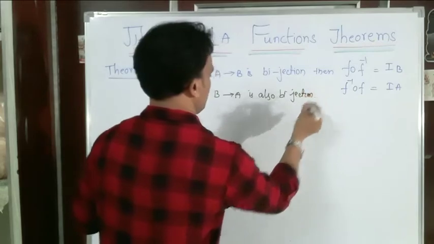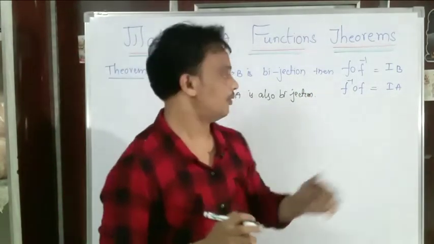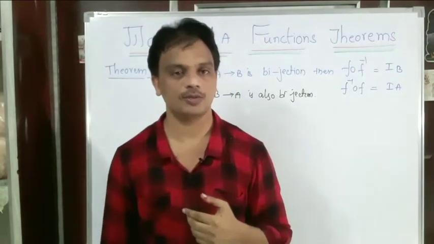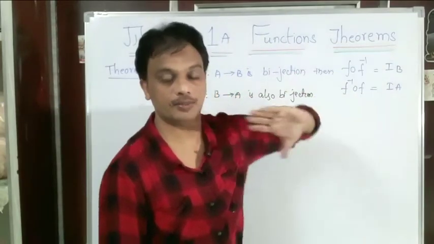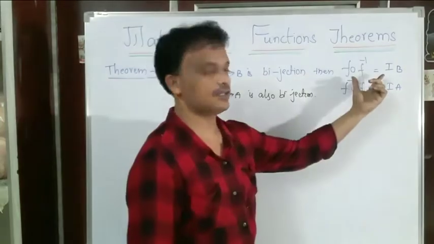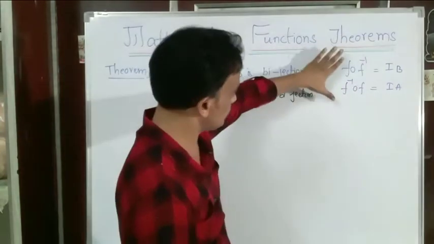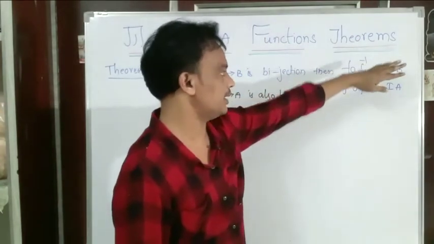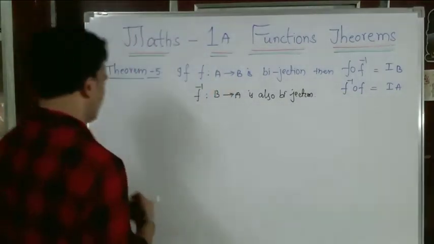In the previous video we already discussed when two functions are said to be equal. They must be defined on the same domain, which is a very important thing, and their ranges must also be equal. Then we can say the two functions are equal. So here we are going to prove two things. The first one is f circle f inverse equals I_B, and the second is the other one. First we are going to prove the first one.